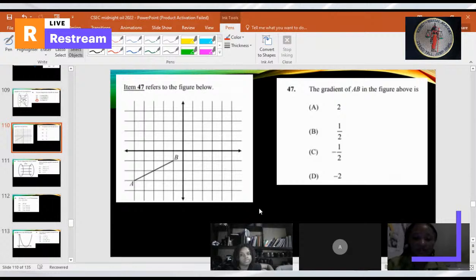Imani, 47. Okay, number 47. Item 47 refers to the figure below. The gradient of AB in the figure above is. Oh, okay. So,